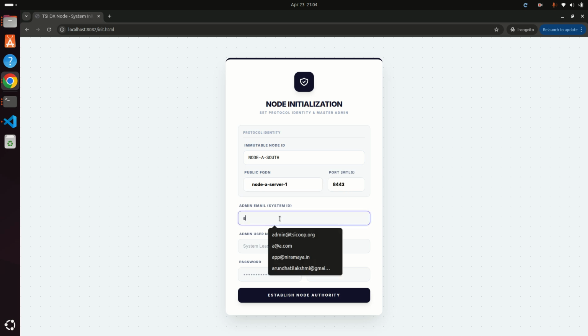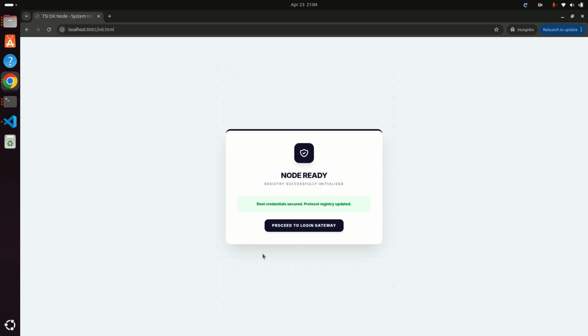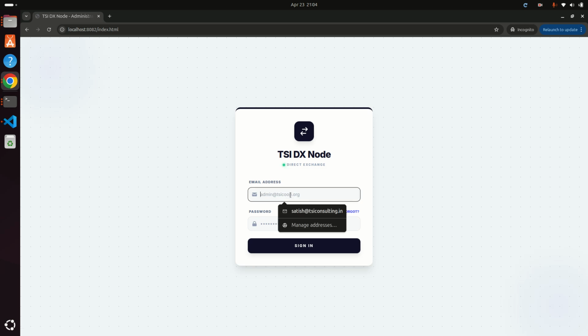I will give it an admin user here, admin at nodea.org, so admin username. I'll give it a password, confirm the password. So establish. I've set up one node and there is an admin credential, so I can log in